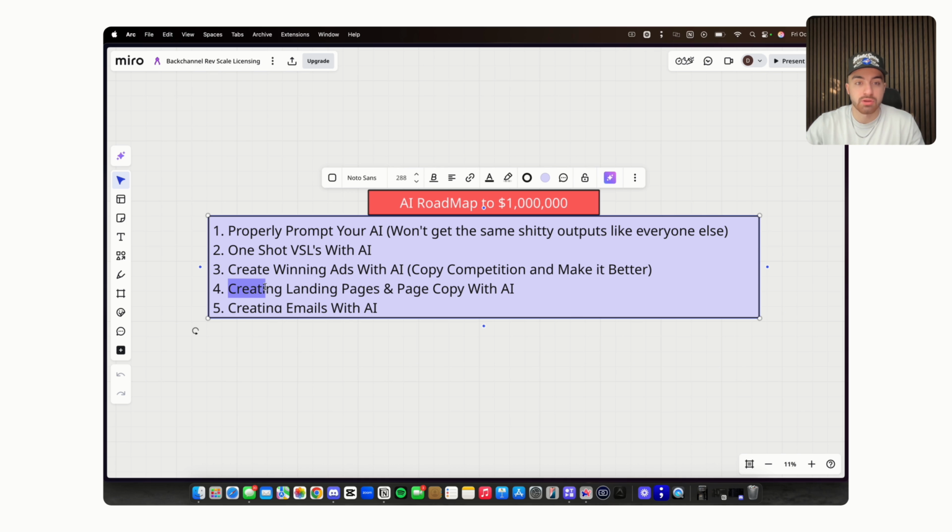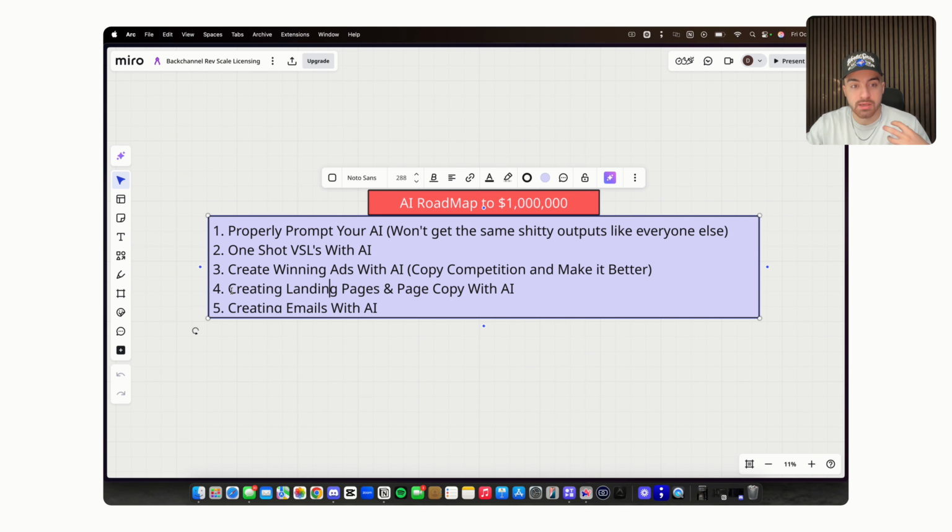I'm also going to show you how you can create landing pages, like the actual landing page, all the code. I get AI to write all my code. I know absolutely nothing about code. I can now, because I've done it so many times, kind of look at it and say, okay, this is this, this is this. But if you give me like a blank sheet, I wouldn't be able to start it. I don't even know where I would start with it. So that's where I am at with that.